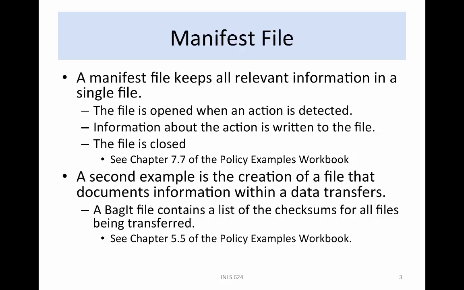A second type of manifest file is used by BIGIT. The BIGIT standard defines how to aggregate files and their integrity information for transfer over a network. The manifest records the names and checksums of all the files that are stored in the BIGIT container. On receipt, a data grid administrator can compare the names and checksums of the files that are received against the manifest. An example of the generation of a manifest file for BIGIT is shown in the Policy Examples Workbook in